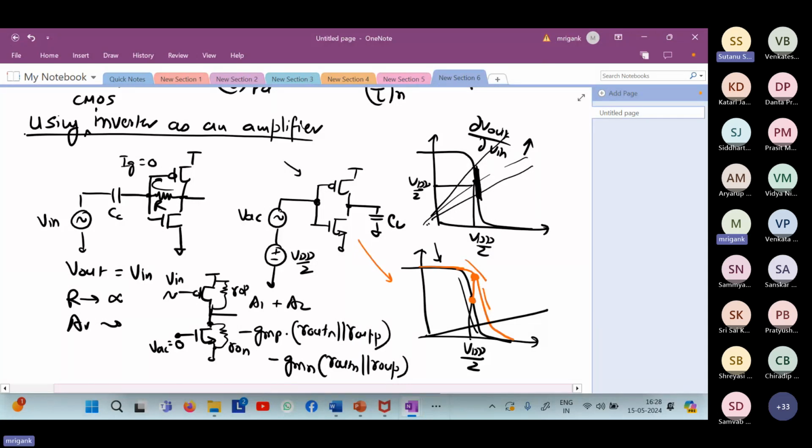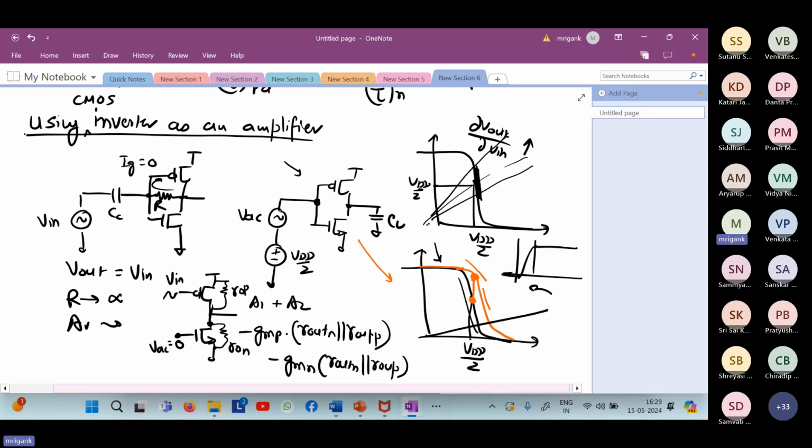So if you go on reducing the R, the RC pole, because this is something like a high pass filter, right? What will happen? If R is small, RC becomes smaller. 1 upon RC will become higher. So the high pass pole will shift towards higher frequency. If your R is large, the RC time constant for the high pass will become large. As a result, 1 upon RC will become short, shift towards lower value. Therefore, larger R will give you, if you look at the bandwidth, this part will become further closer to the origin if your R is larger.